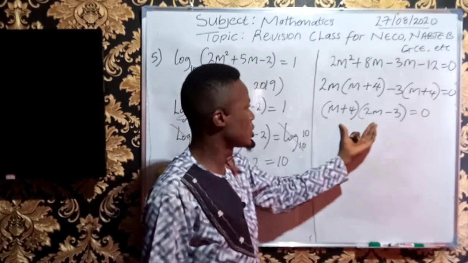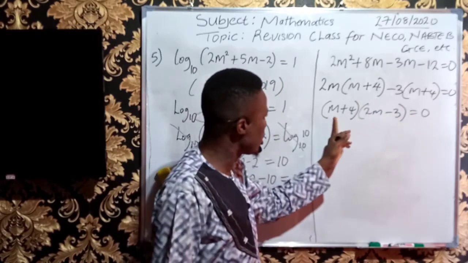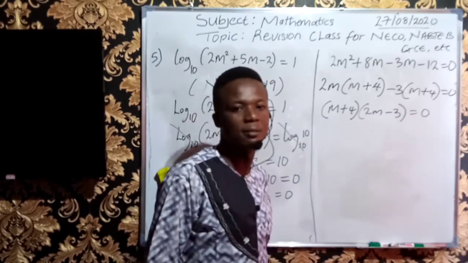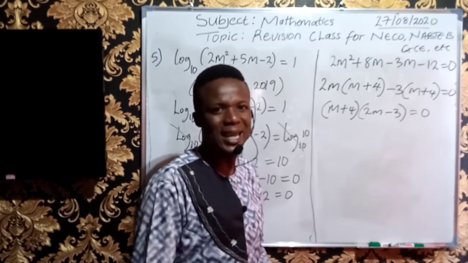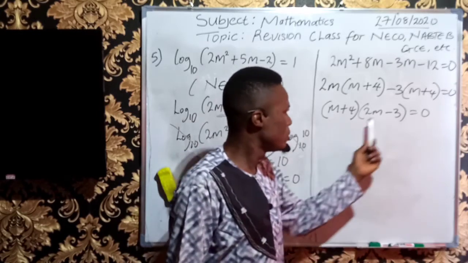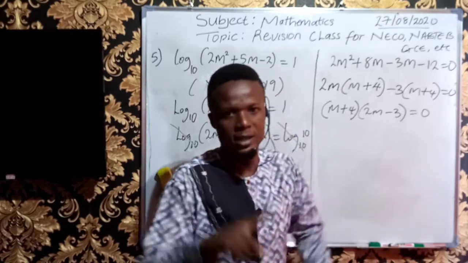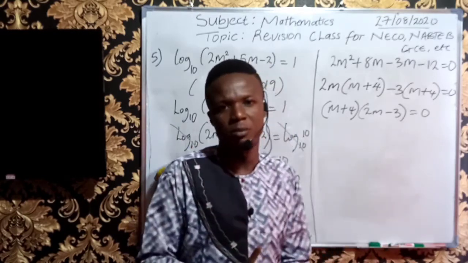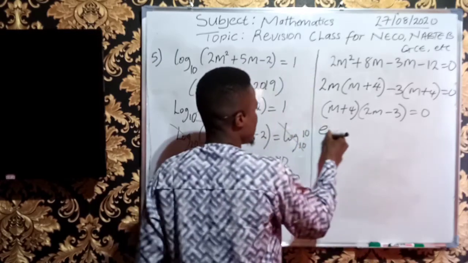When two products are giving you 0, it means that either one of them is 0 or both of them are 0. For you to get 0 as a product, you must suspect that either one of the numbers you are multiplying together is 0 or both of them are 0, because for a product of 0 to be got, one of the members you are multiplying is 0 or both are 0. So I can now write either